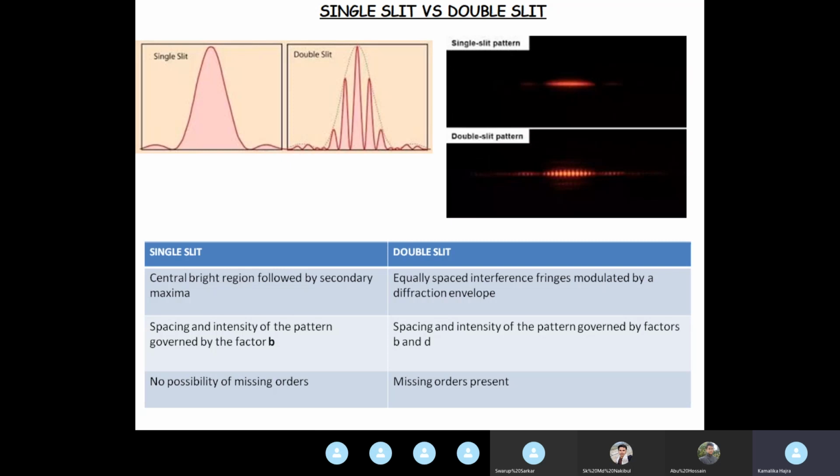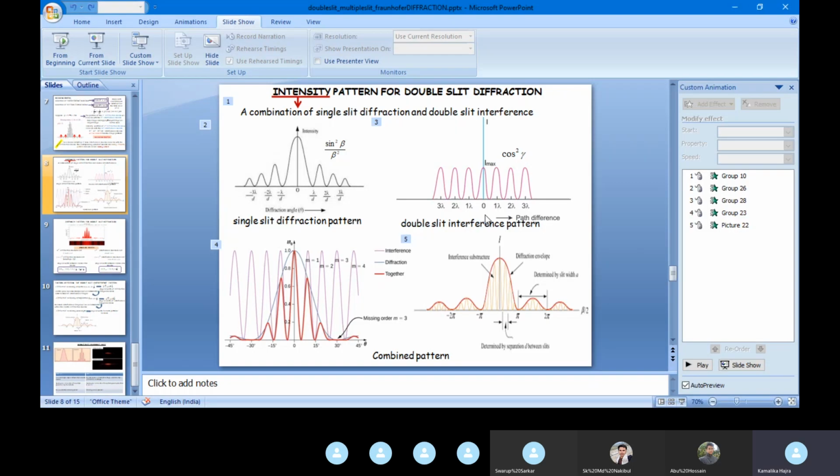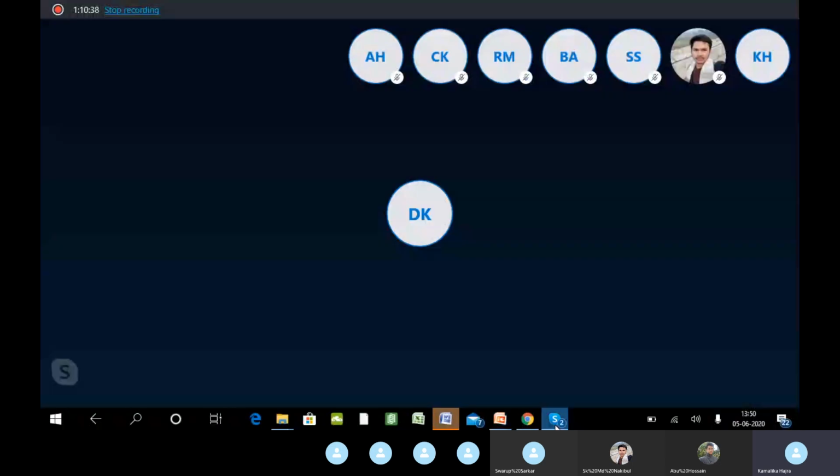All right, so that more or less covers our discussion on double slit diffraction. Do you want me to go to multiple slit or will that be too much? Bolo. Multiple